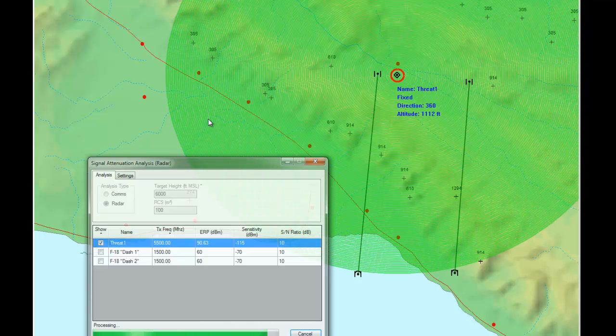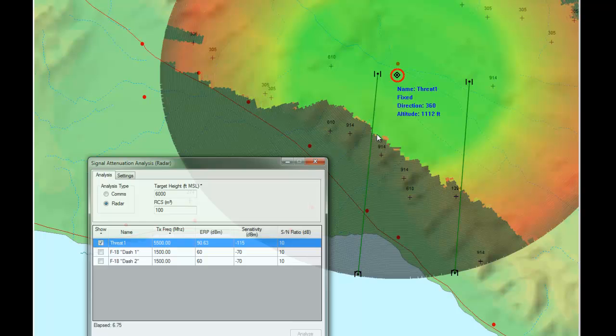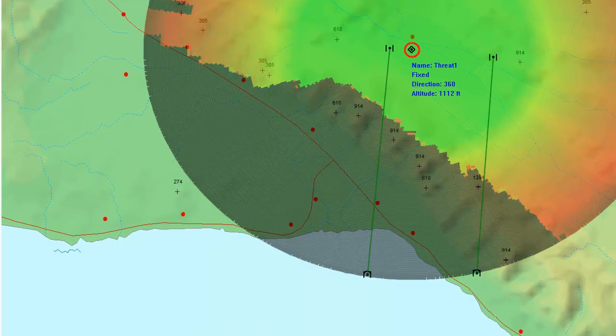And this analysis will show where the line of sight is. You can clearly see that the darkened areas for 6,000 feet are not visible from the location of threat 1's antenna. Being a radar analysis, any platforms that get within the green that have a 100 meter cross section for RCS should show up to that particular radar. Although that's not actually part of the range event, just the line of sight is. Alright, so we'll run the scenario,